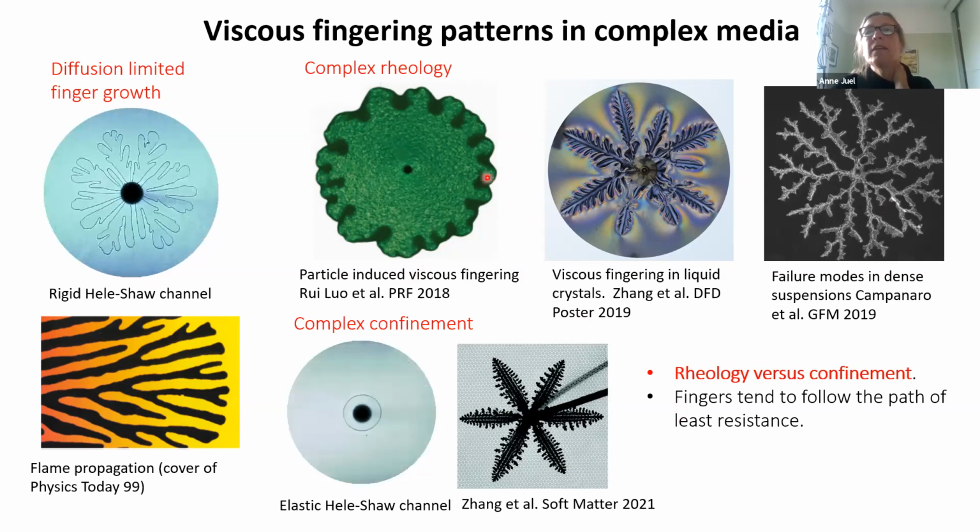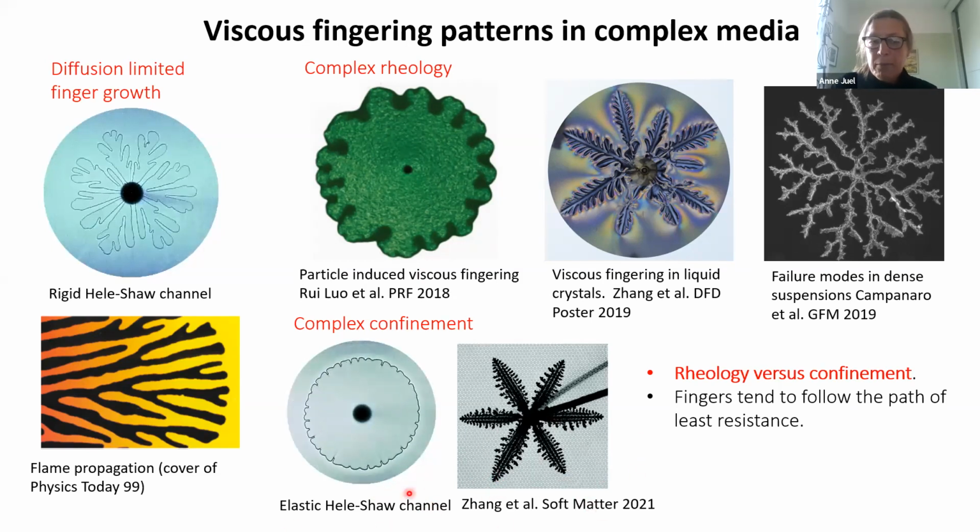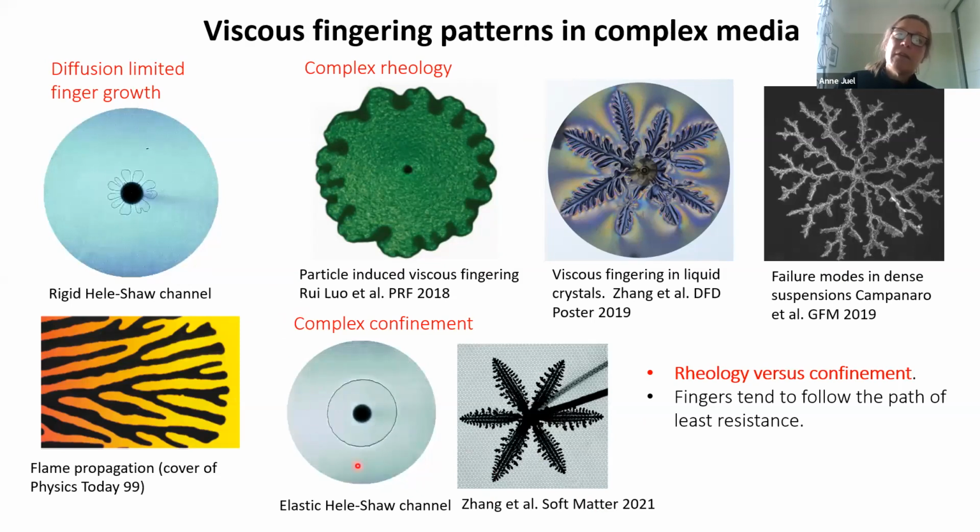But you don't need all this complex rheology. All you need really is complex confinement in order to control your viscous fingering. And that's really what I want to probe in this talk, with the idea that it can provide a route to understanding key mechanisms behind the pattern formation. And so the question we're asking is really, how do these sort of patterns form dynamically? So this disordered pattern formation, or if you now replace the top lid of the Hele-Shaw cell with an elastic sheet, then you can totally change the type of pattern formation that you observe.